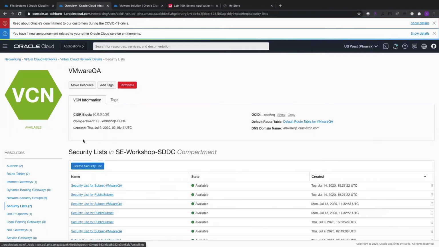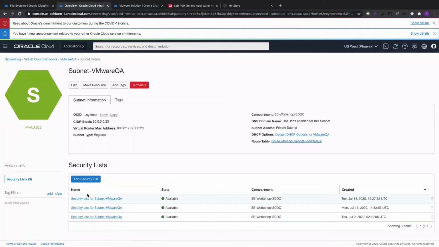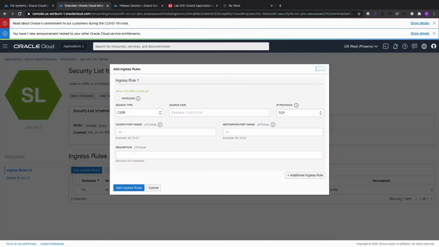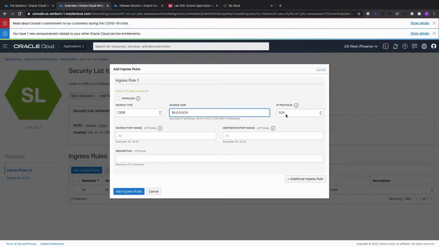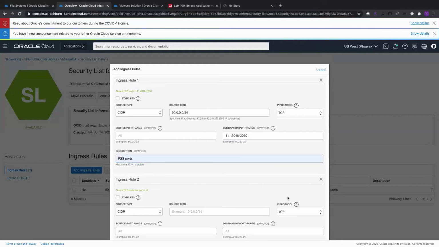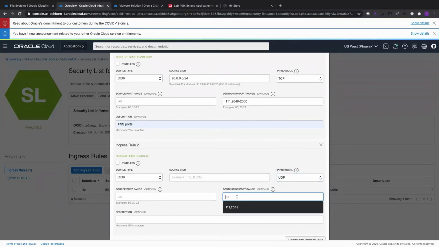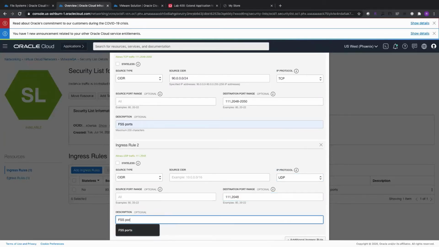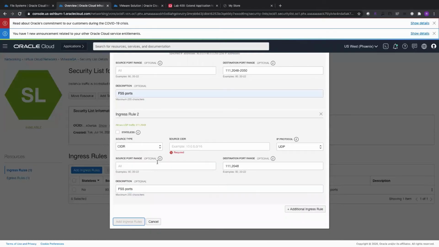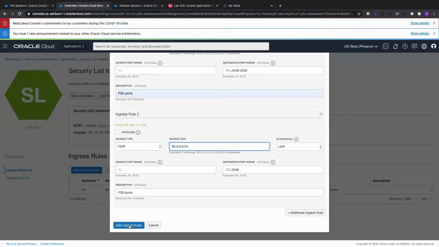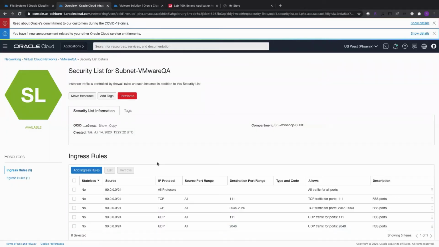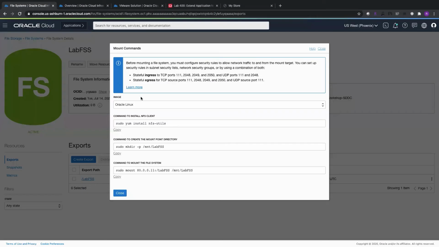Similarly, I'll go to the other subnet and add the rules there. Okay, I've added all the ports that are needed to access the FSS.